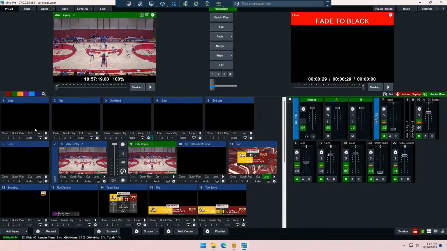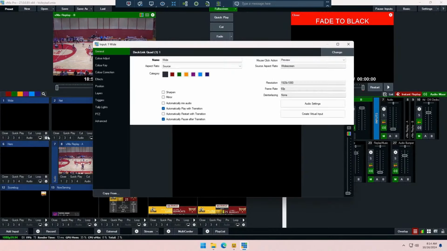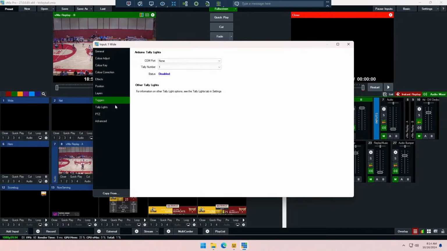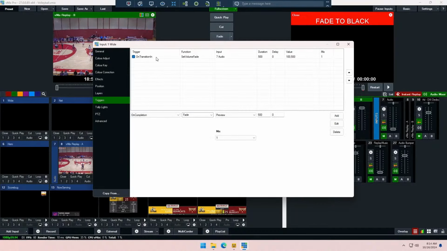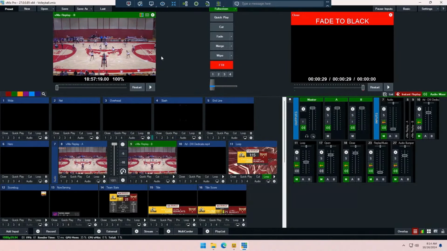So if I go to one of my main cameras, they're all black because there's no cameras on. I go to triggers, and I say on transition in, set volume, input audio 7, that's my Dante input. I'm setting it to 100 over 500 milliseconds. So basically, when this camera goes to program, I'm going to pot up that audio